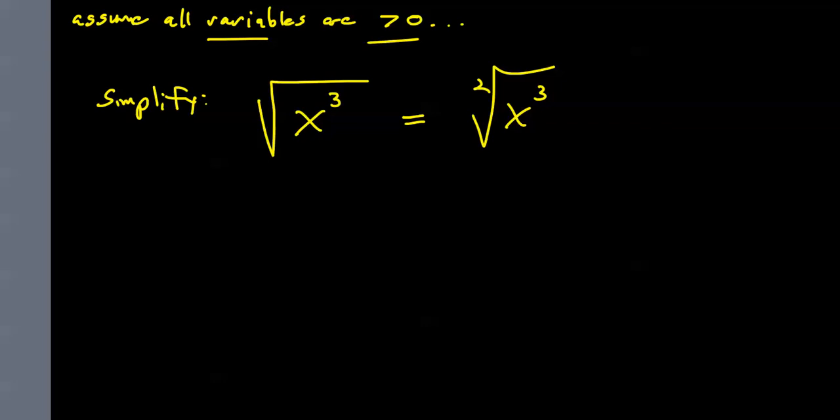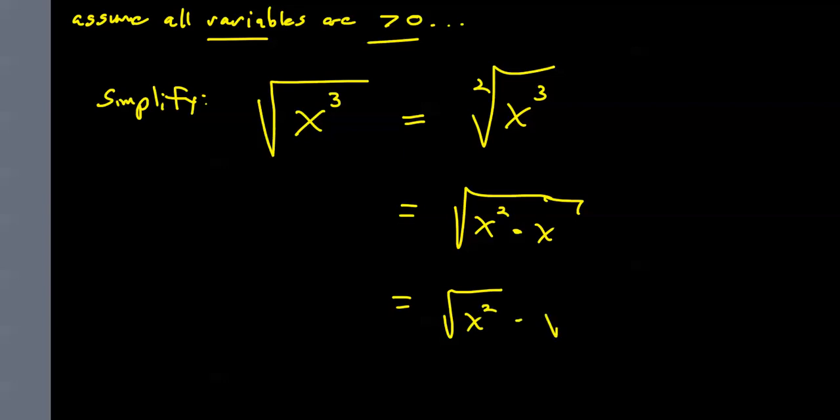There's no quantity of x with an integer exponent that I can square to get x cubed. Well, what I can do is say x cubed is not a perfect square, but x squared is, right? So I'll break up x cubed as x squared times x,